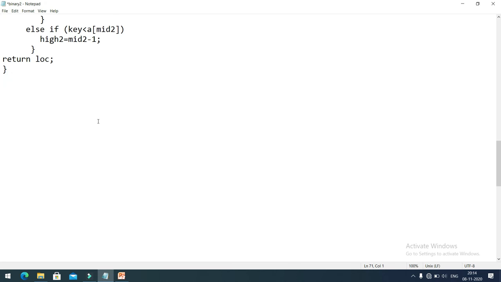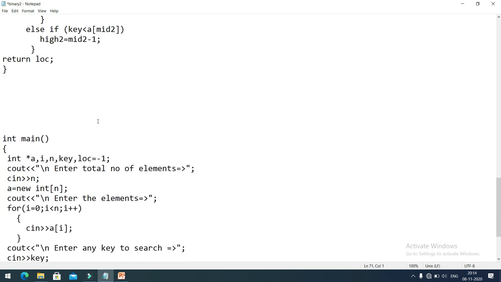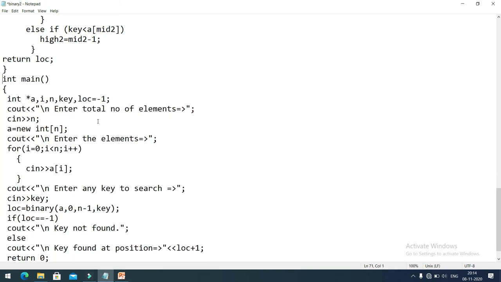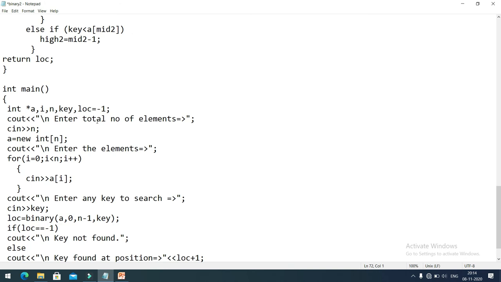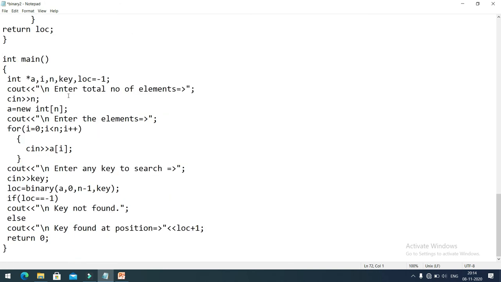Now we have to write the actual main function. So this is the main function in which we will accept some values from the user. We will store it in the array. We will take the search key from the user, storing it in key, and here we are invoking the binary search function.